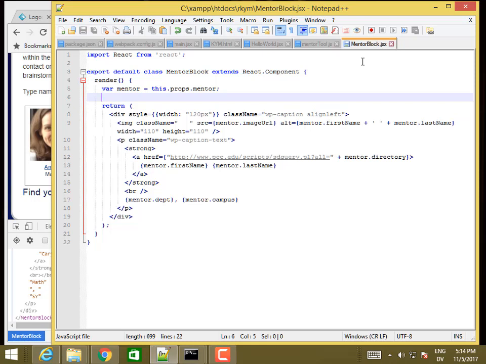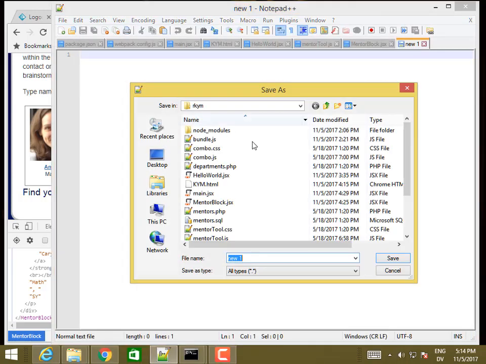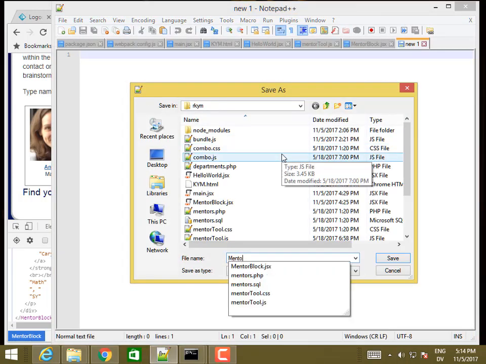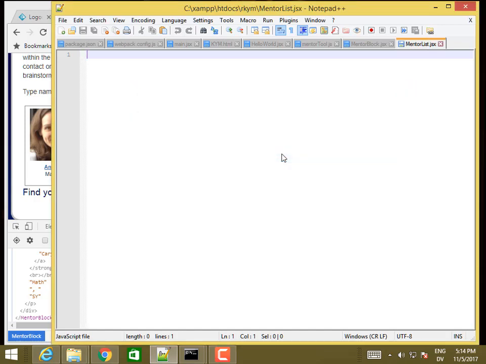Okay, so once we have a mentor block, creating a mentor list is actually really easy. So I'm going to go ahead and create a new file and save it as mentorlist.jsx. And this is going to be a React component as well. So import React from React